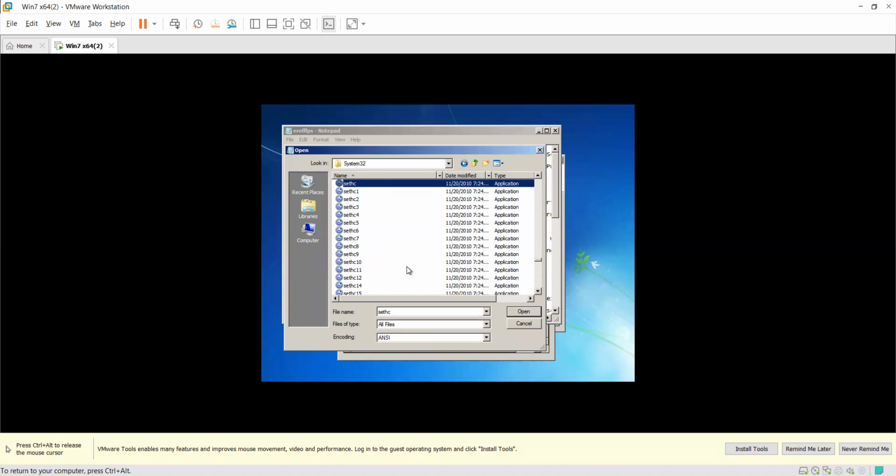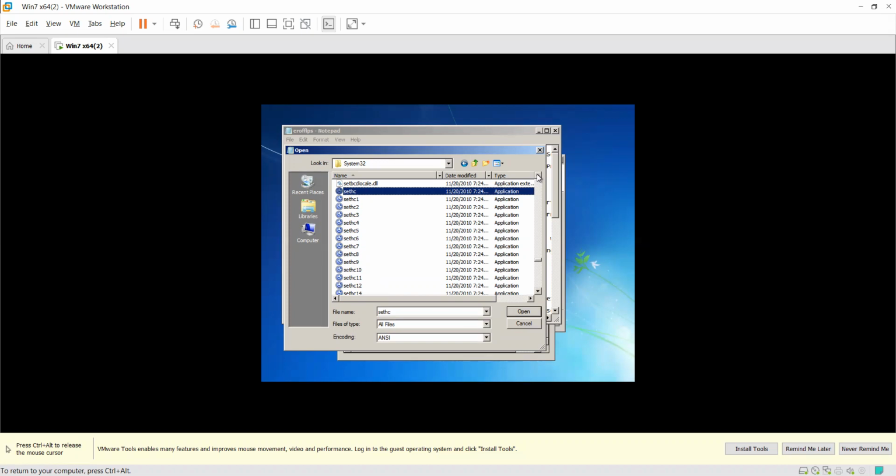So guys, once you search for this file sethc, you can see the first file, that is the sethc file. This is the original file, and these are all the files whose names I have already customized. My system is showing multiple sethc files, approximately 17 files. But on your machine, if you are doing this procedure, you will see only one file. Why is my system showing these 17? Because I have already done this procedure on this machine approximately 17 plus times. So that's why it is showing all these 17 files. Not a big deal.